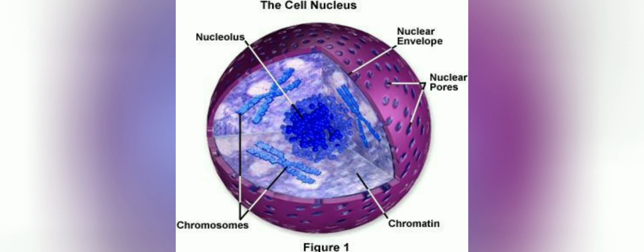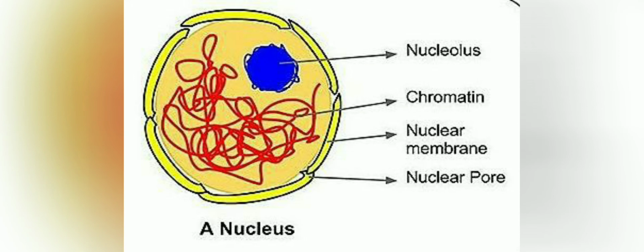The nucleus is made up of many parts, and let us discuss in detail one by one. To begin with, the first one is the nuclear envelope or the nuclear membrane. The nucleus has a double layered covering called the nuclear membrane, which separates the nucleus from the cytoplasm. Here in the picture you can see the outermost layer, which is yellow in color. It is the nuclear membrane, and it separates the nucleus and the cytoplasm, right?